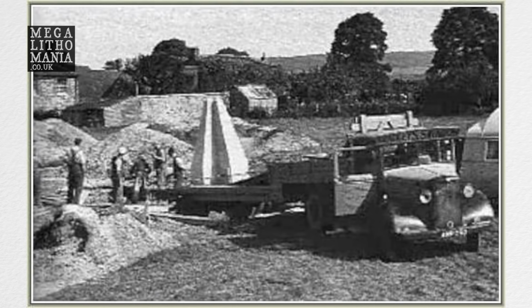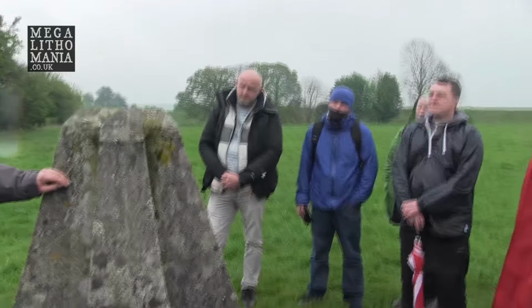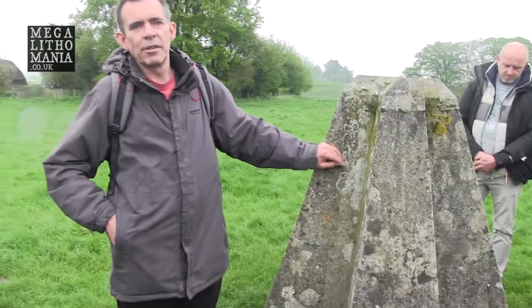Keeler intended to restore all that as he'd done with the other quadrants, but the war broke out and he had to stop everything, and by this point he'd pretty well burned his fortune anyway, and there wasn't a lot of money left. So Avebury's now reached this state and it's not going to change. It's a World Heritage Site and nothing's allowed to be changed now, so even though buried stones have been found, they have to be buried again,